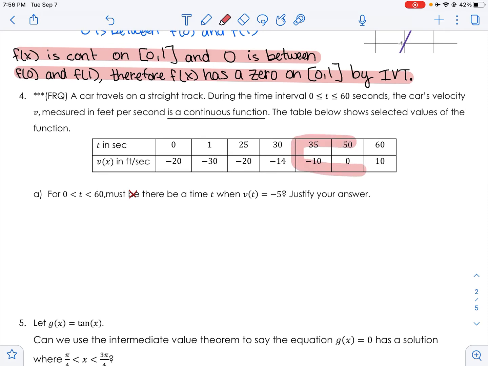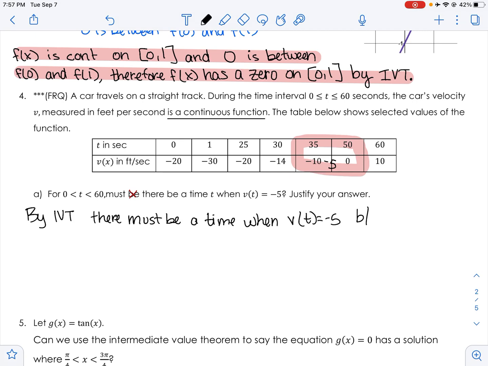It would fall into a y value around here. Okay, negative 5 is in between negative 10 and 0. So what we have is by IVT, there must be a time when v of t equals negative 5, because v of t is continuous